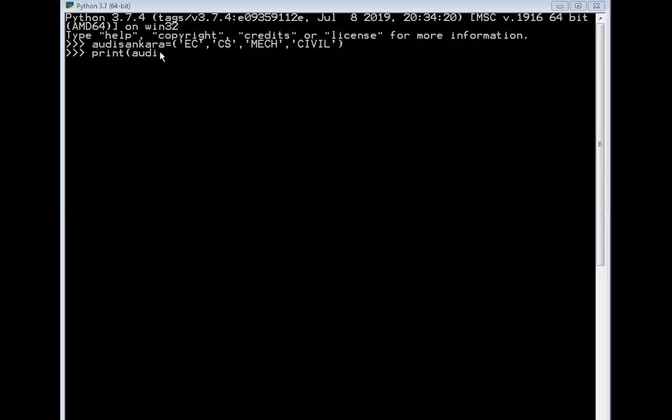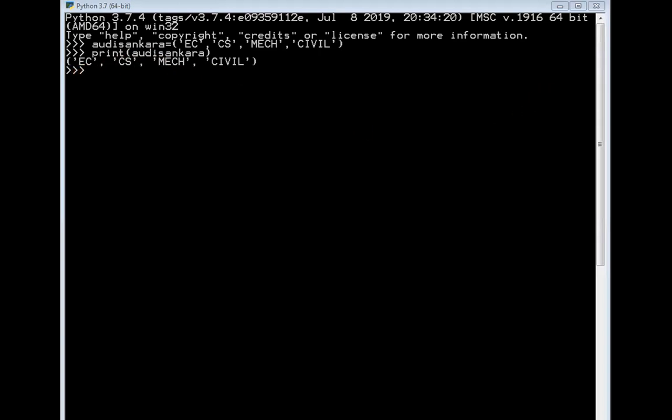Now I will just be printing the tuple here. When I print, you can clearly notice in the output that we got EC, CS, mechanical, civil. All these branches are being displayed when I print Adi Shankara. Okay, I got the output.